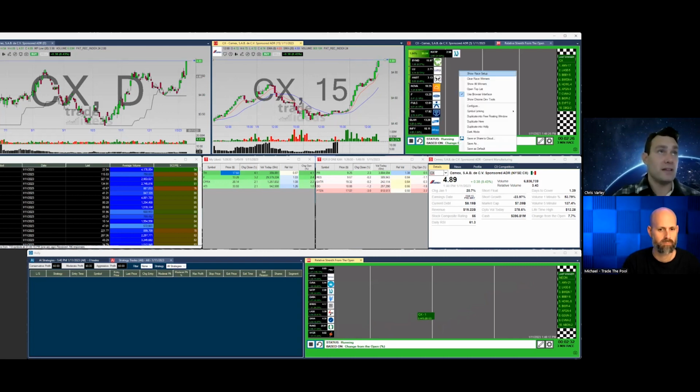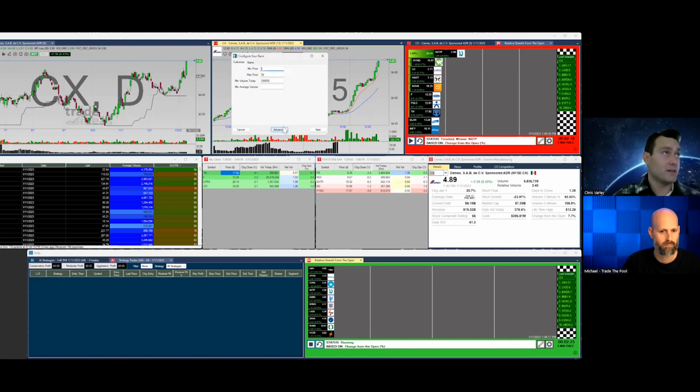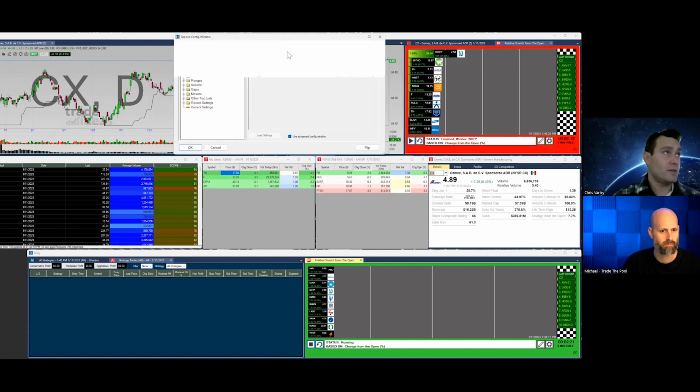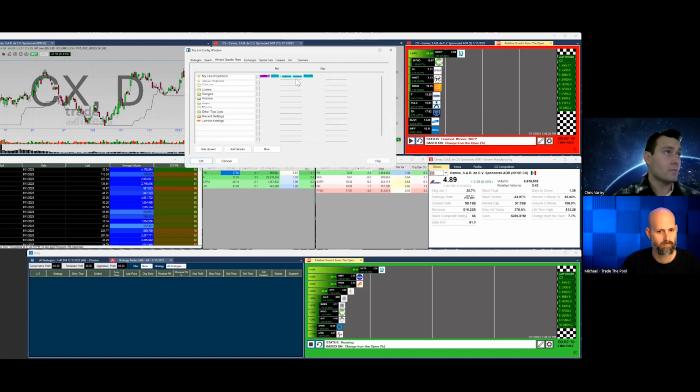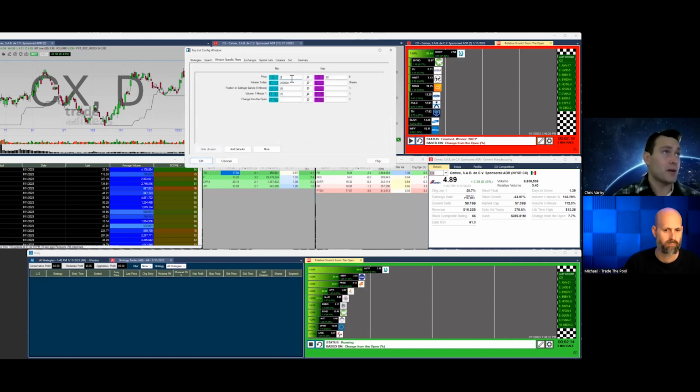Just to bring in the guts of the scan here, and I believe everything is looking proper on screen. Just want to make sure. I can come into the configure of this here, and I can go to the advanced configure. And you can see here, very simplistic scan with price range, volume that it's done in shares today, using a 5-minute Bollinger Band, using another